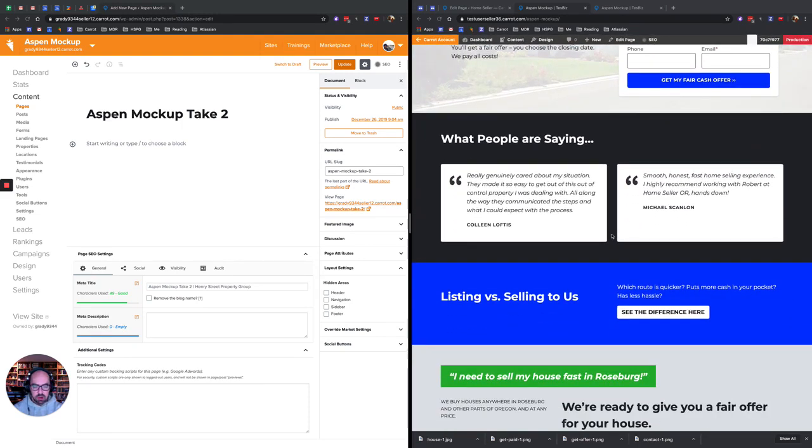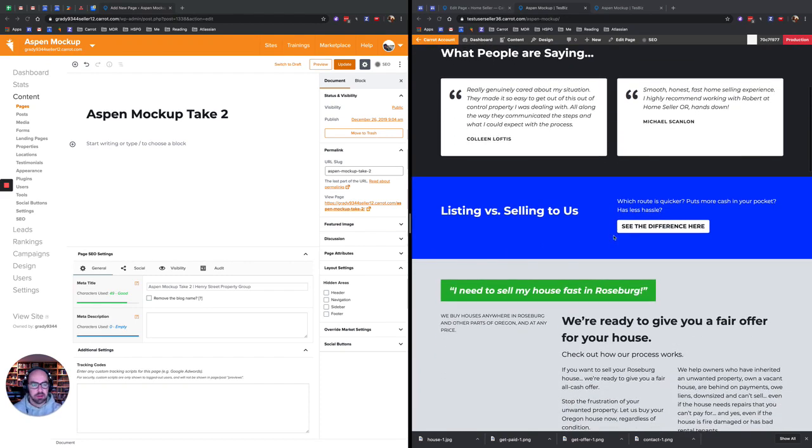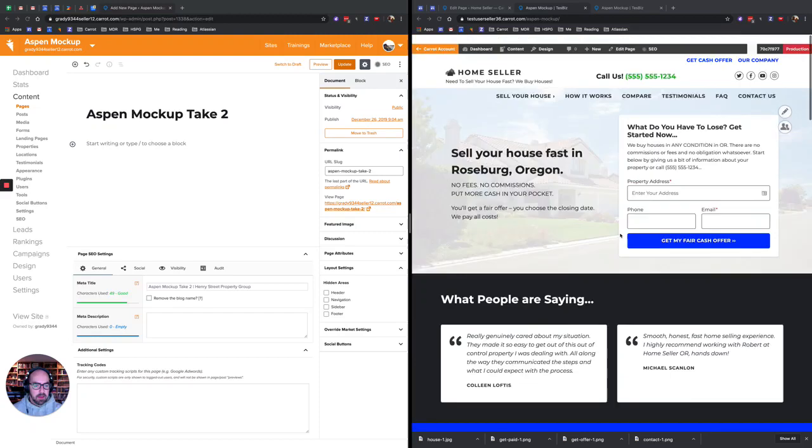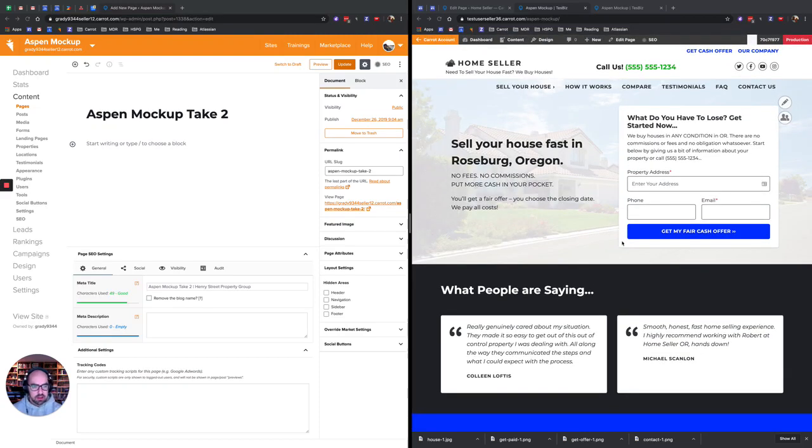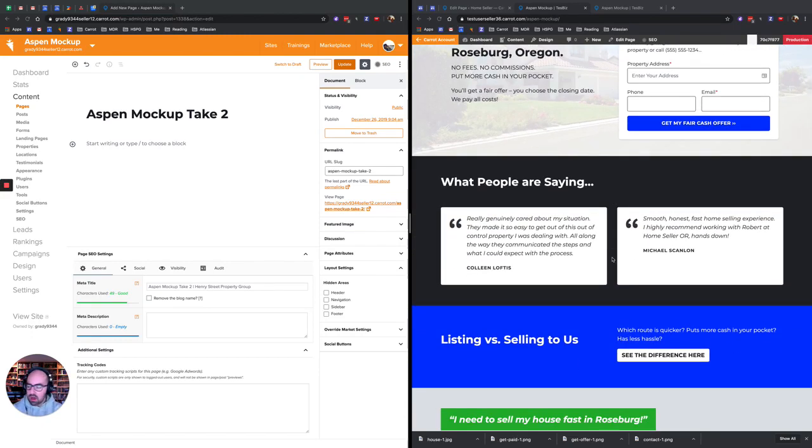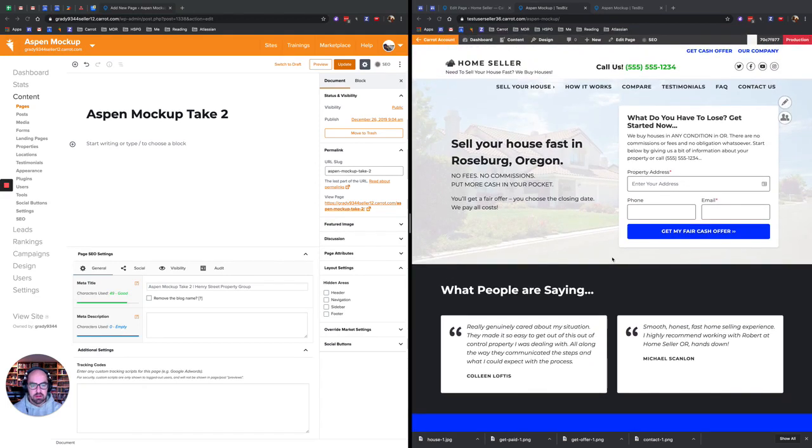But this does take some work, and we really want to show you how to use the new editor to accomplish these types of things. So this, on the right side here, is the general idea of what we want the end result to look like for our members using Aspen. And so what I'm going to do is leave this one up on the right, and then I'm going to go through here on the left and just show you how you can build this with the new editor. So yeah, I'm just going to start